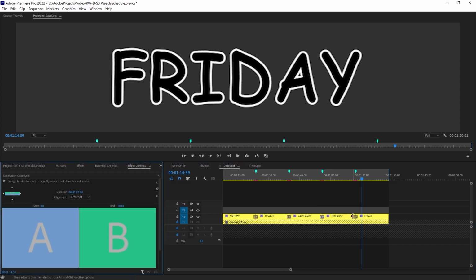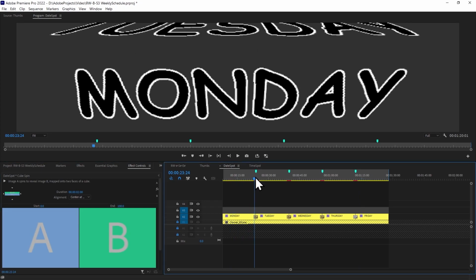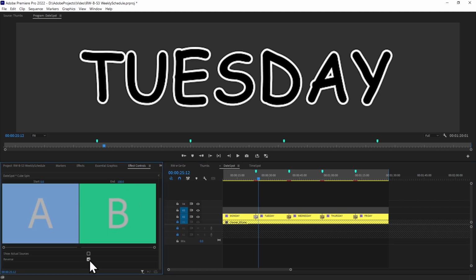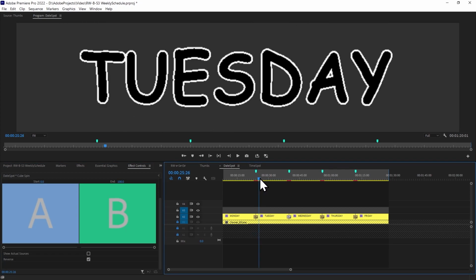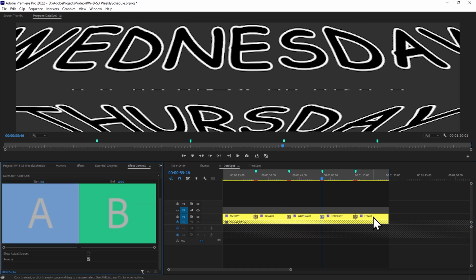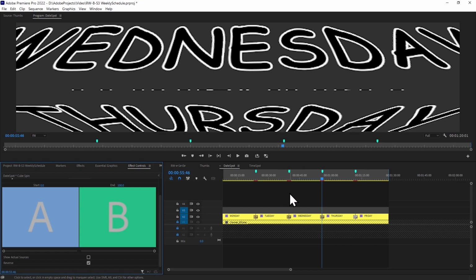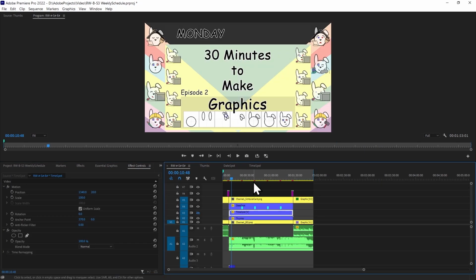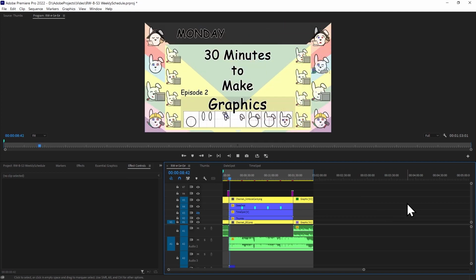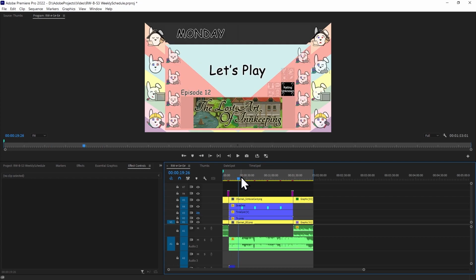I'm just going to do this. And what that does is it does a rotation effect. I'm actually going to reverse them, so I'm going to go down and press reverse, because I want it to go up. And what that means is if I go back to here, and you'll see the markers inside, it's like Monday. And then in about 8 seconds,